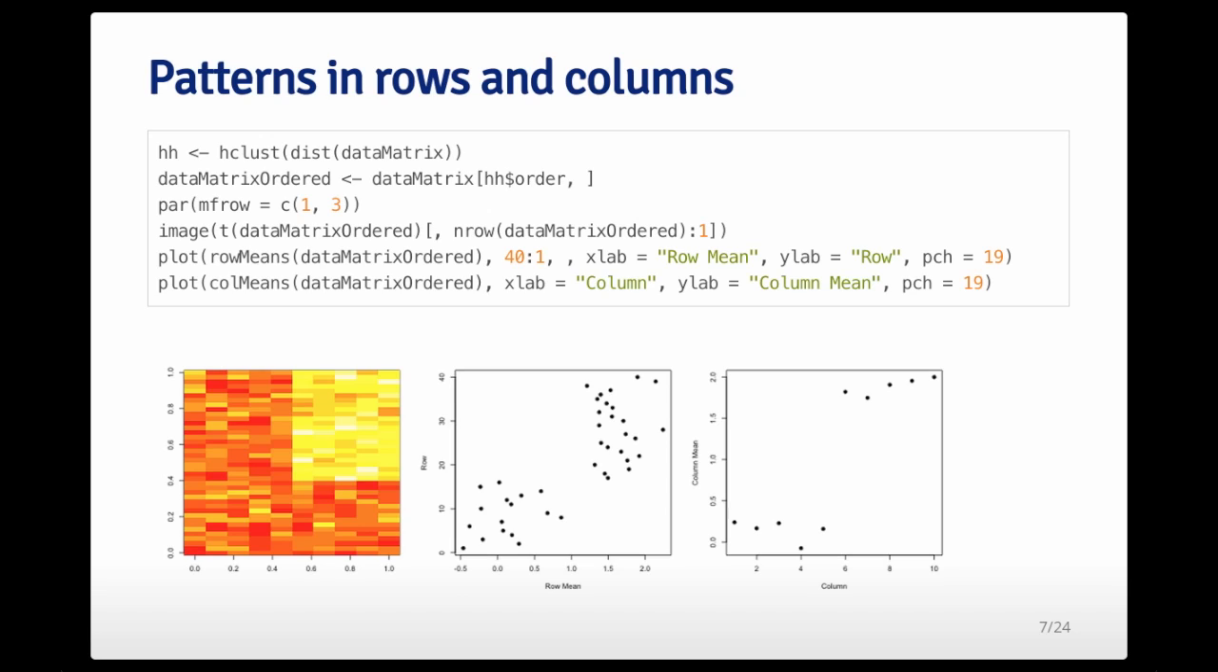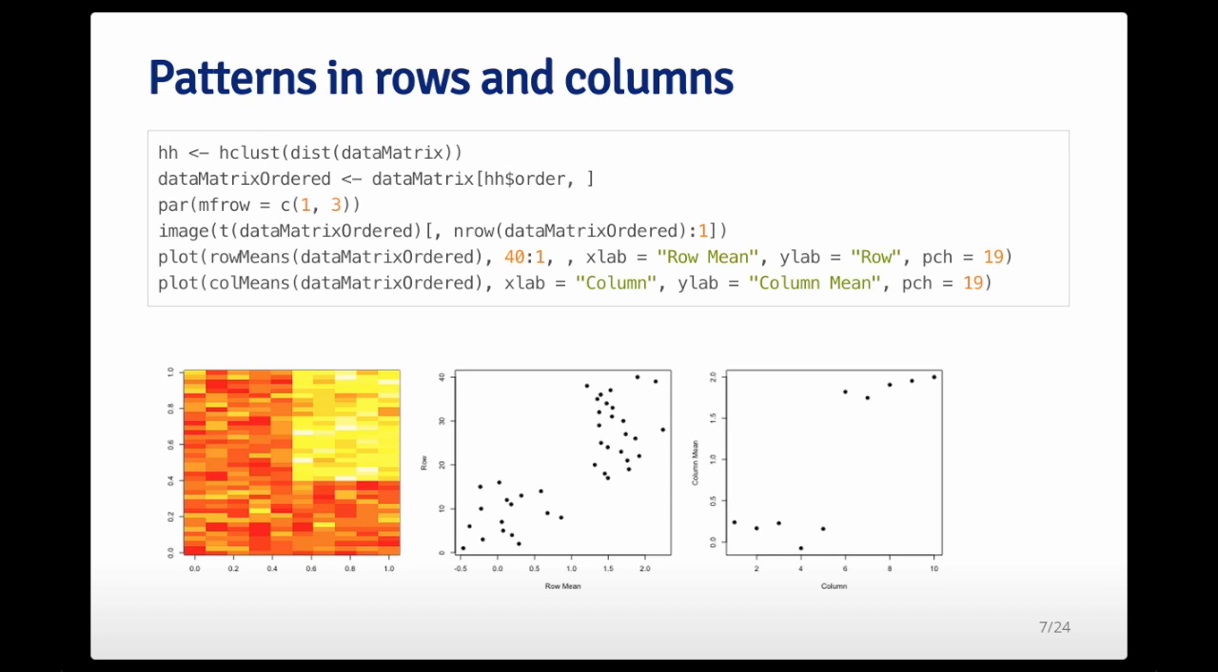Now, we can take a closer look at the patterns in the rows and the columns by looking at the marginal means of the rows and columns. So, for example, I can look at either the 10 different column means, or I can plot the 40 different row means in this matrix. So here with this code, that's exactly what I've done. On the left-hand plot, I have the original matrix data, reordered according to the hierarchical cluster analysis of the rows,